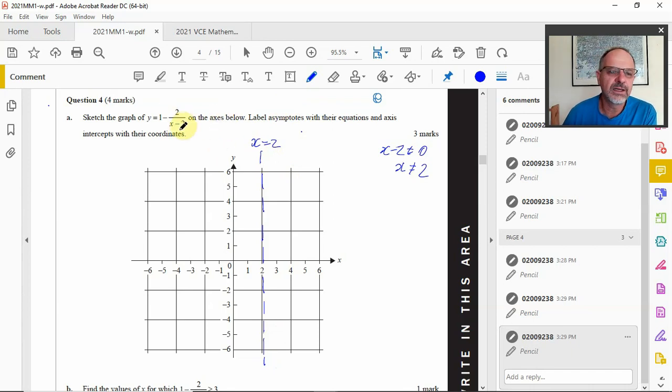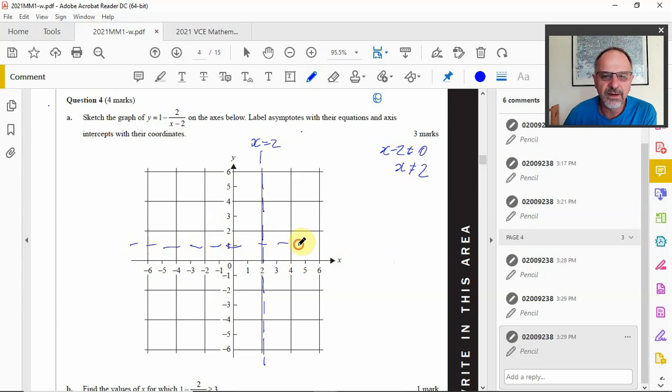All right, the next thing here is we've got this negative in here, so instead of normally we would have them in the first quadrant here, this down here, so it's going to be flipped over, and we're going to have it down there and down there, flipped over I should say, reflected in the x-axis to be technically correct. And then we've got this 1 at the front, which is positive 1. So normally a rectangular hyperbola would have an asymptote along the x-axis, but in this case, because we've been translated up 1, we have our horizontal asymptote